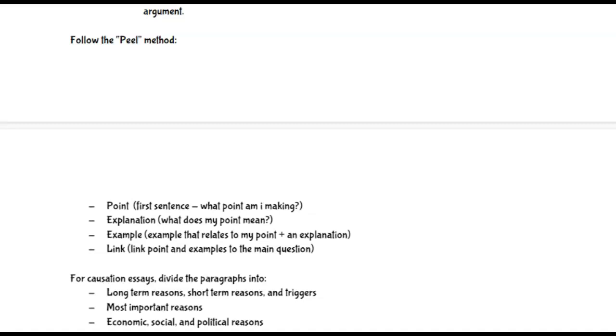Now, it is highly, highly, highly recommended that you create a rough outline before you actually begin your writing. And when you're doing your rough outline, you should be following the PEEL method. So for example, here's my first point. I'm going to be talking about